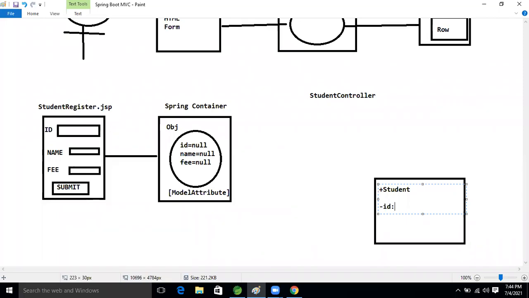Inside that, private int id attribute, then name, private String name. Another one is fee, double fee. This data is there, right? Okay, good.